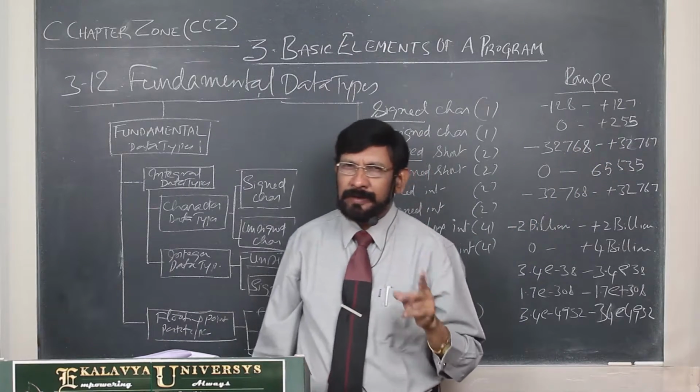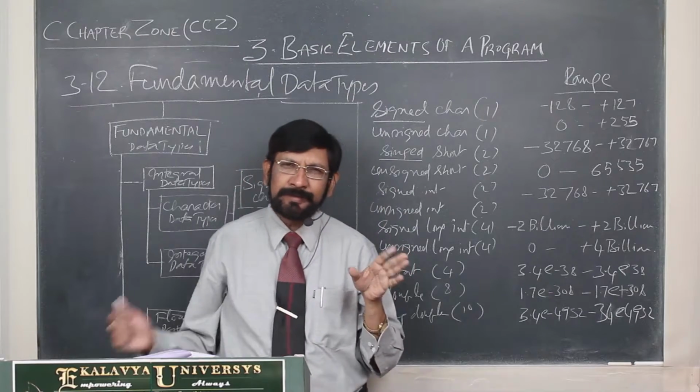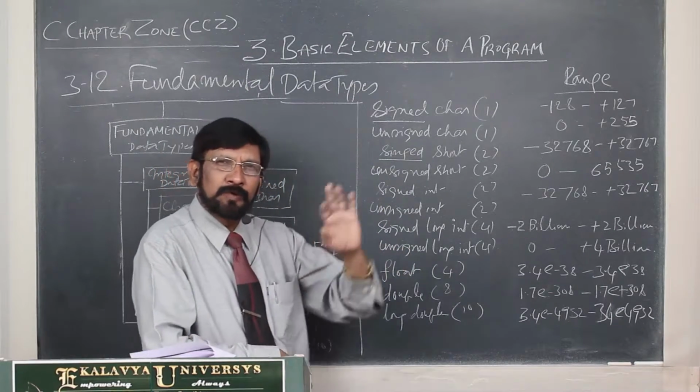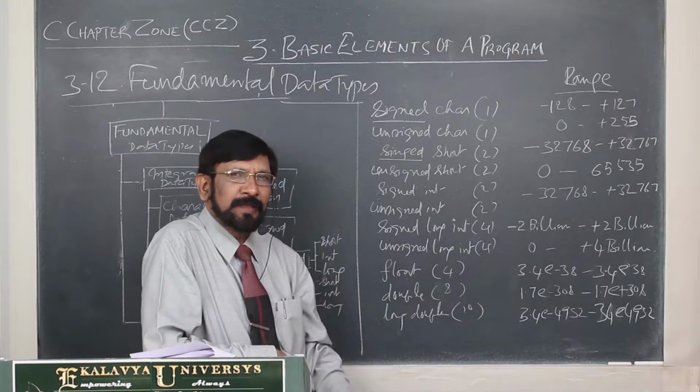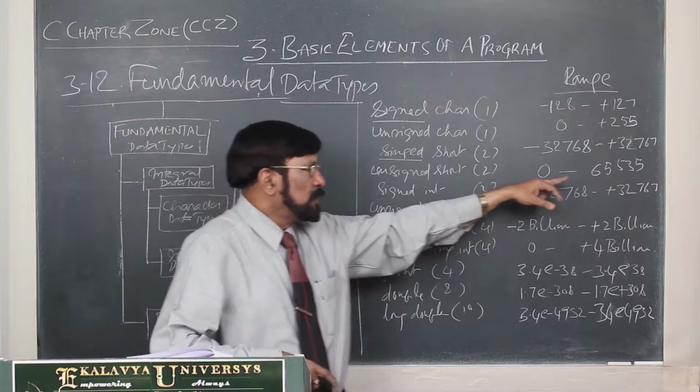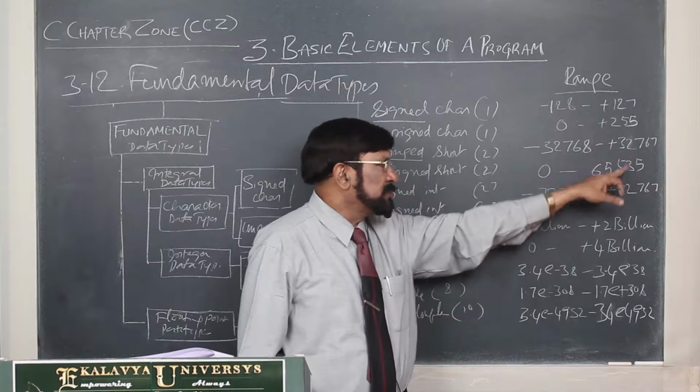So in two contexts only we use unsigned. The first context is where minus is not applicable to certain values. That is the first one. The second one is where you want a bigger range. Now instead of 32,767 you are using